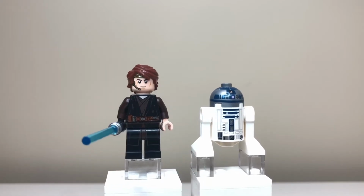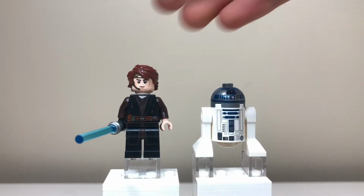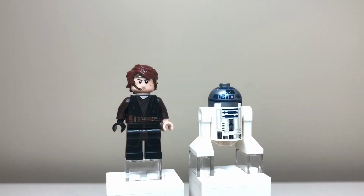as well as the hair. I wish that they had the hair in the darker color like they had for the 2014 Anakin's Jedi Interceptor, but oh well, I mean, both are pretty accurate, it doesn't really matter. And he also has a lightsaber as his accessory there. So that's very nice. It's always nice to get some lightsabers, although I have about a bajillion blue lightsabers at